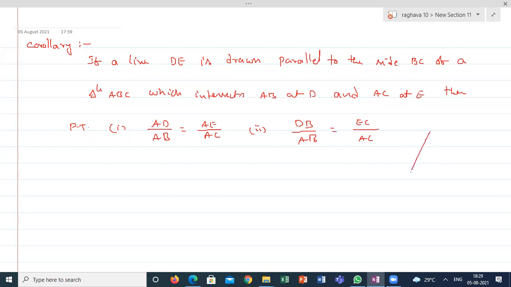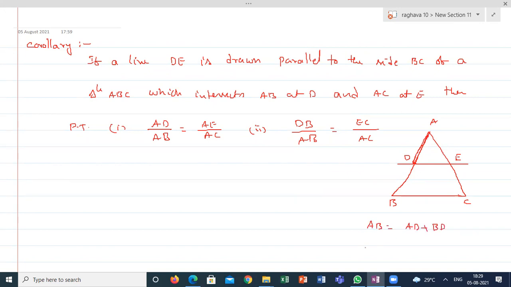So we are taking the basic proportionality theorem as a reference. We are going to prove these things. Same. If DE is a line parallel to BC, which is part of triangle ABC, and he is asking AD by AB is equal to AE by AC. That means the total length of one side is equal to one part of the splitting. So here you have to remember one thing. AB can be written as AD plus BD.